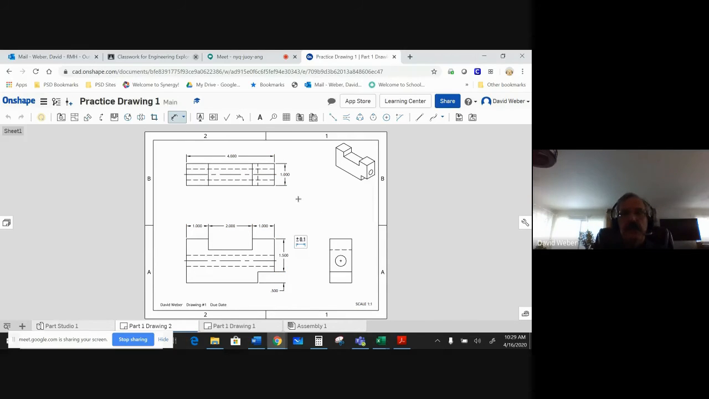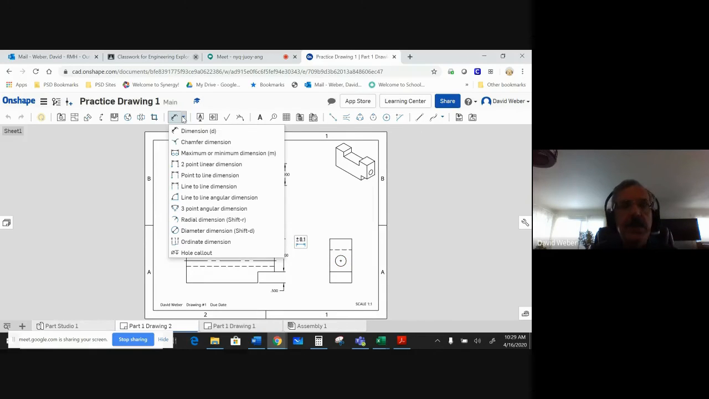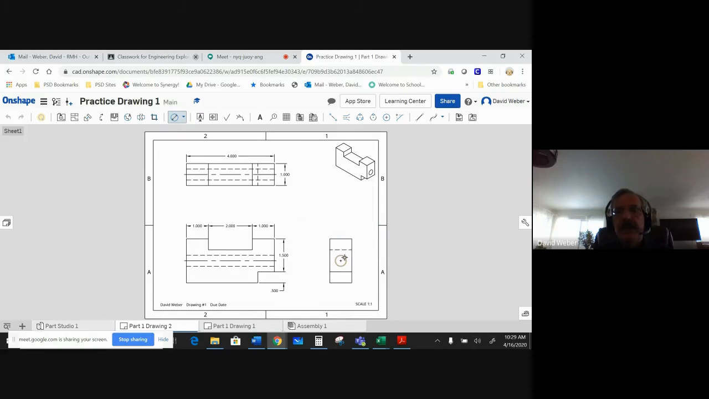Okay, now the next thing I want to point out is the circle. Circles, holes, things like that, those are unique. You have to give them 3 different dimensions. Usually it's a minimum of 3. So the first thing we're going to do is give it a size, a diameter. So right here, diameter dimension. If you like shortcut keys, Shift D gets you into that command. So if I click that circle,